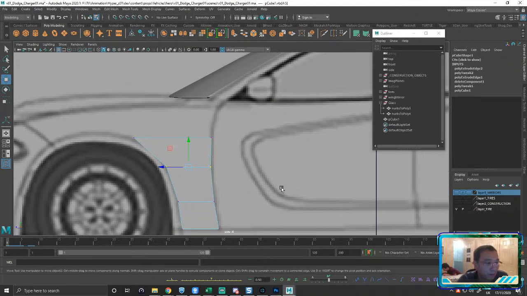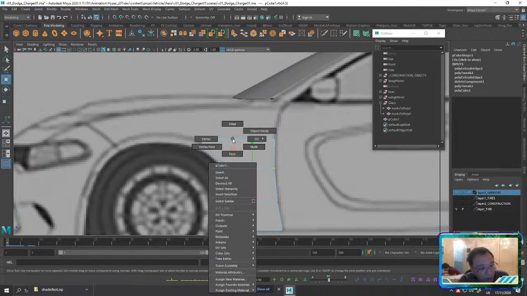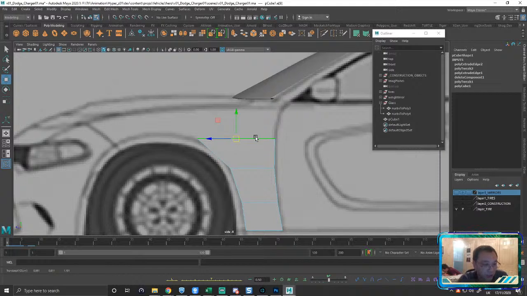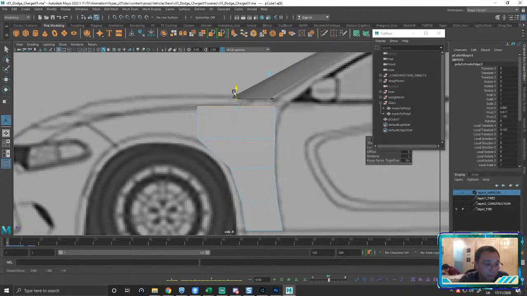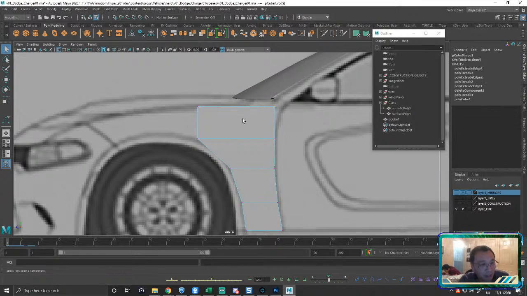Okay, so back to the right view. So that's pretty much what I'll do. I might take a chance, grab this guy and just shift right click, extrude this all the way up. And grab a vert, right?